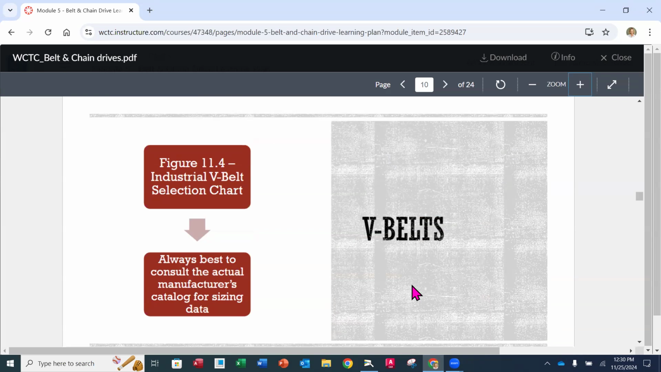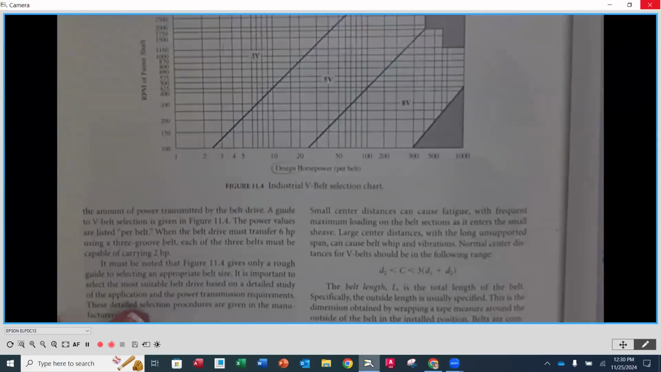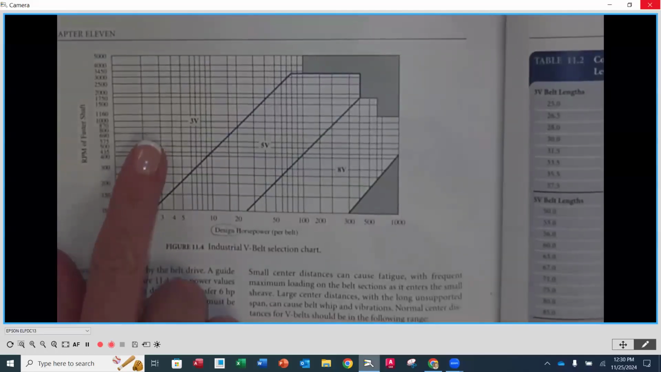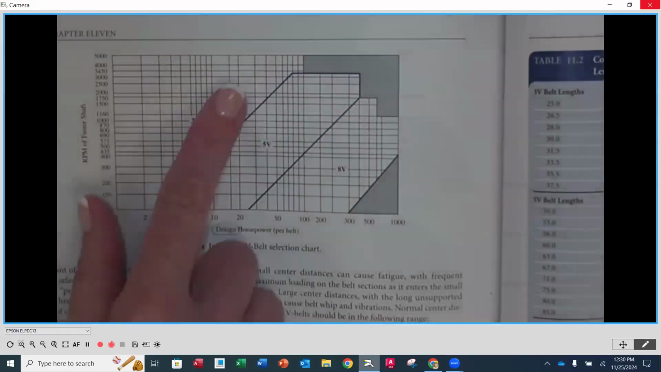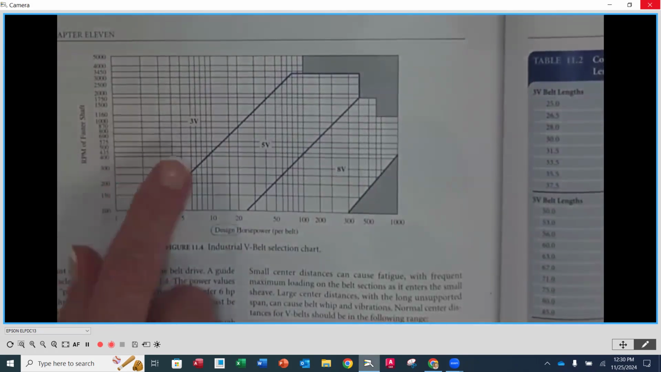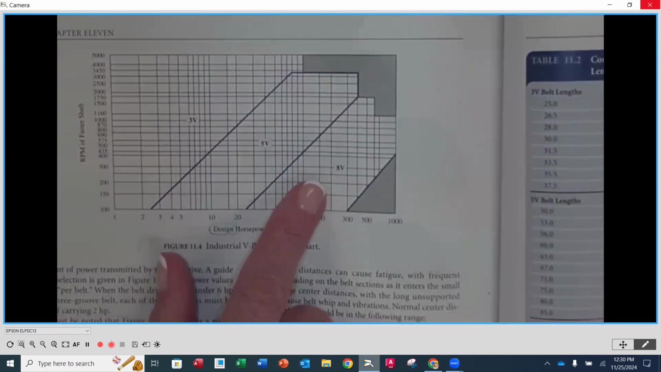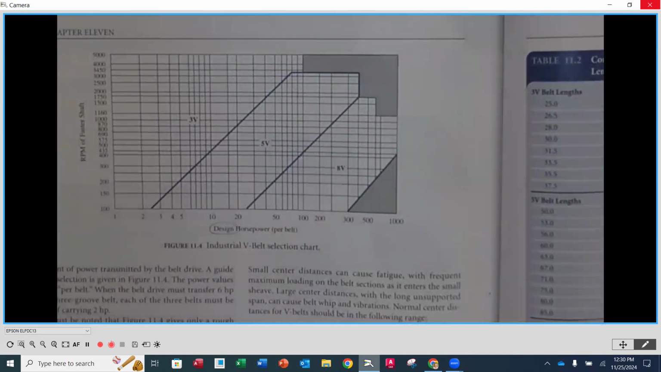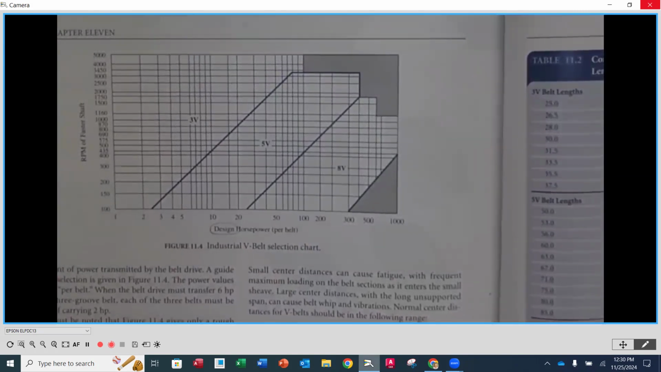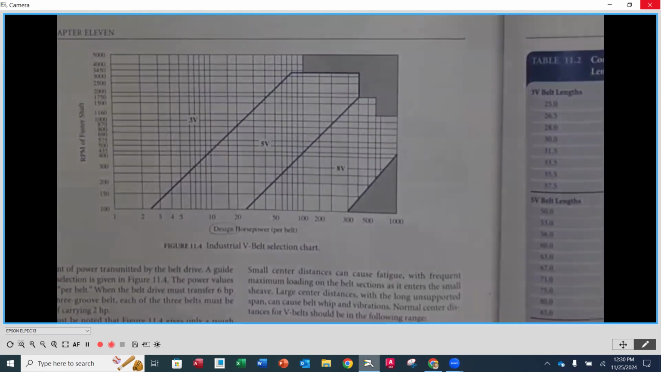Industrial selection chart. So if we turn the page and we look at figure 11.4, this is going to be a chart where we can actually select the appropriate size cross-section of our V-belt drive. So as you can see here, you're going to notice that on this chart, we see an area that is specific to 3V, 5V, and 8V. And at the bottom here, I want to talk about the design horsepower. Design horsepower, in the case for our kinematics classes, we're going to use whatever horsepower they give us in our problem. But design horsepower is going to also incorporate